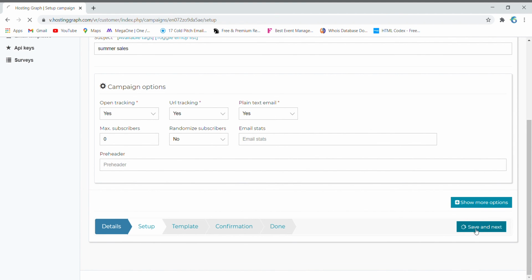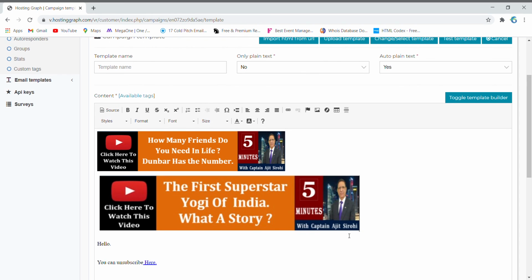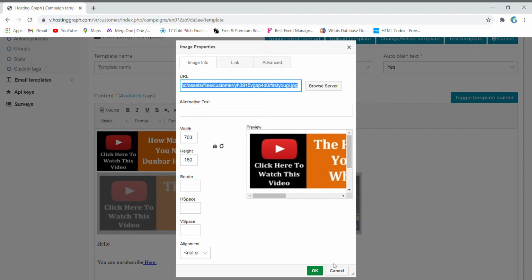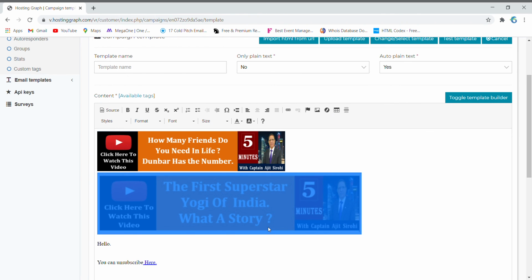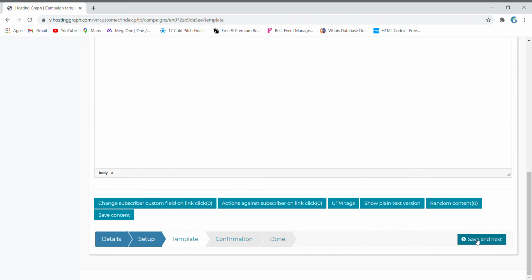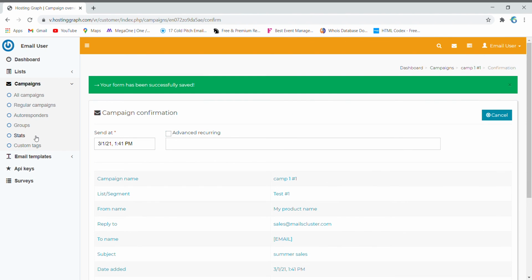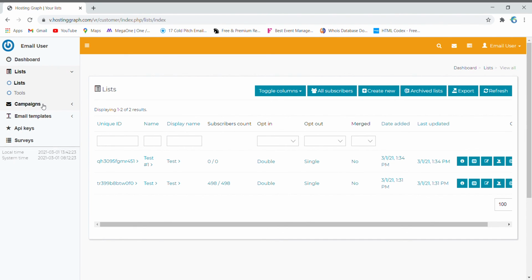Save and next. Because I copied that email campaign, that's why everything is available here. You can change it, like I'm deleting it, and save and next, and send campaign. There are only two steps for that: list and campaign.